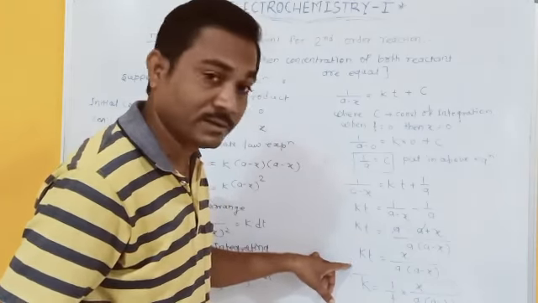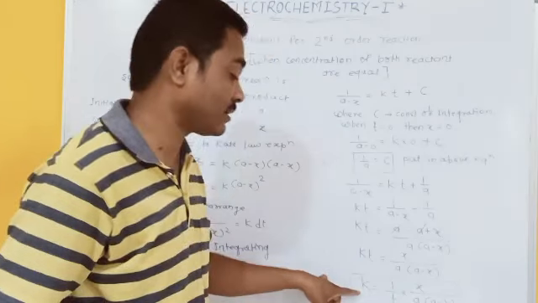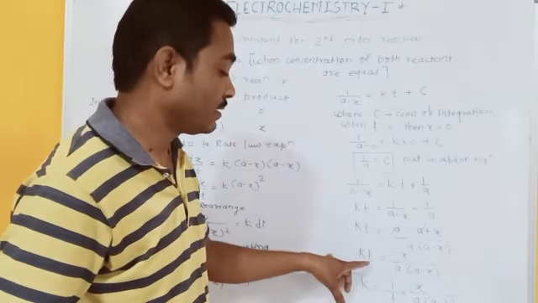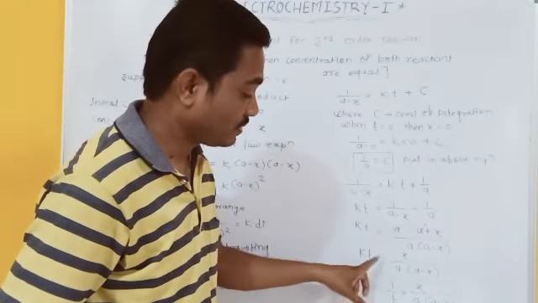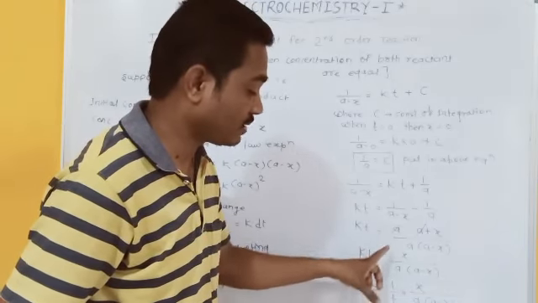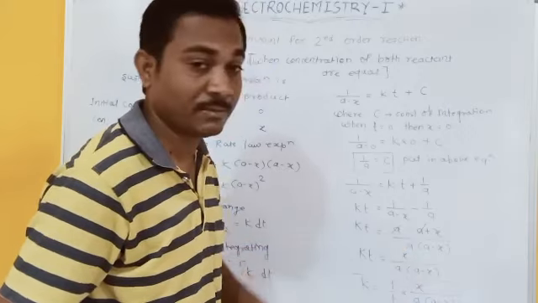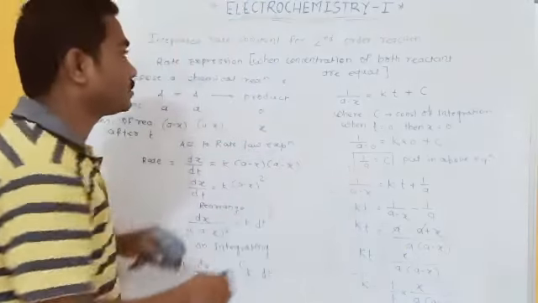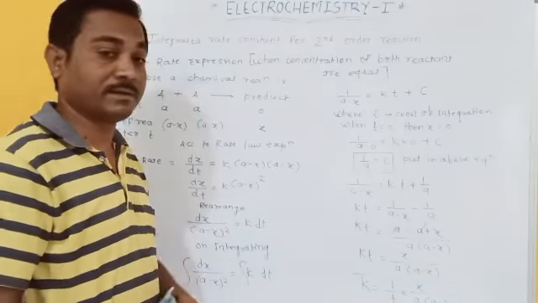We have to find the value of k, that means the rate constant for the second order reaction only, therefore t is taken to the front side, therefore 1 by t. This equation becomes k is equal to 1 by t into x divided by a into a minus x, which is the required expression for the rate constant of सेकंड ऑर्डर रिएक्शन.